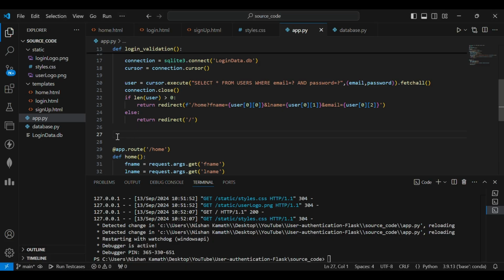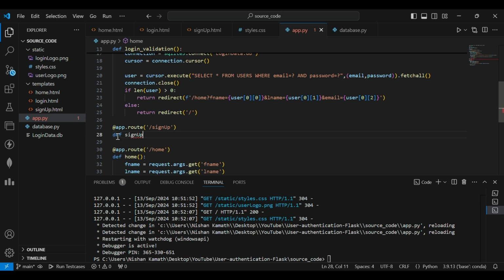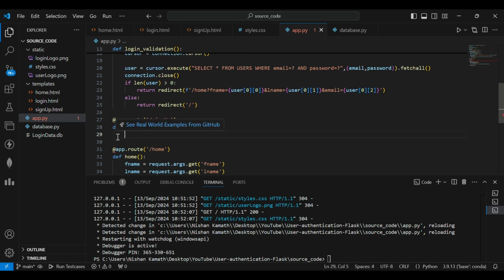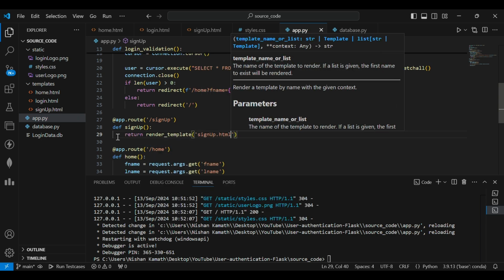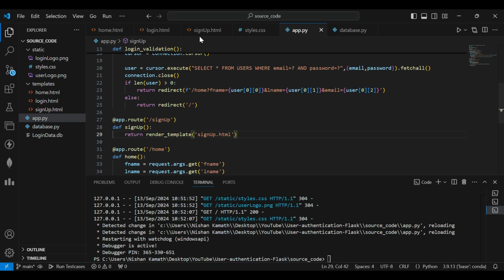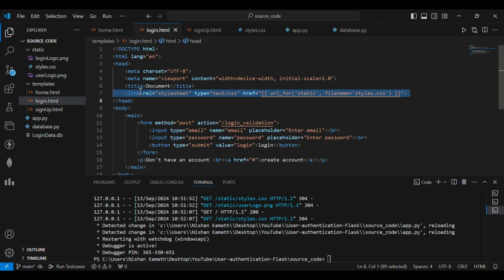Once the login is completed, then we need to perform the sign up operation. For that, create a new route sign up and define the function as sign up. Return render template sign up.html. After that, go to signup.html, edit the HTML file, add the CSS file in there,